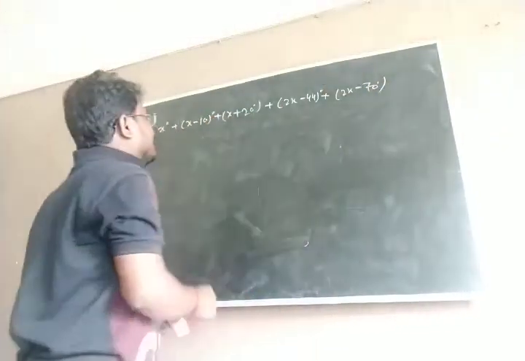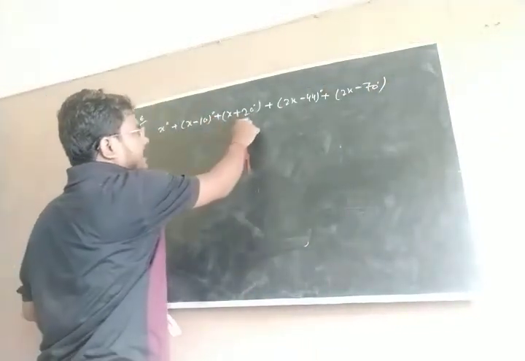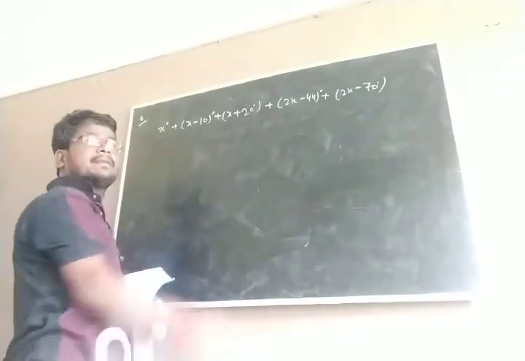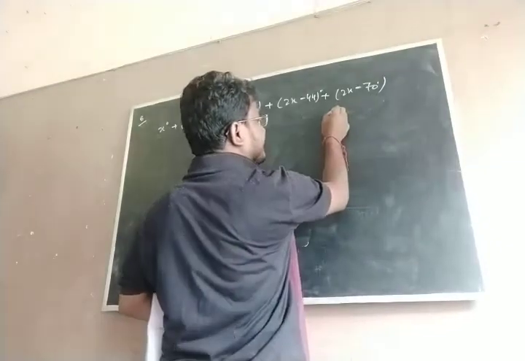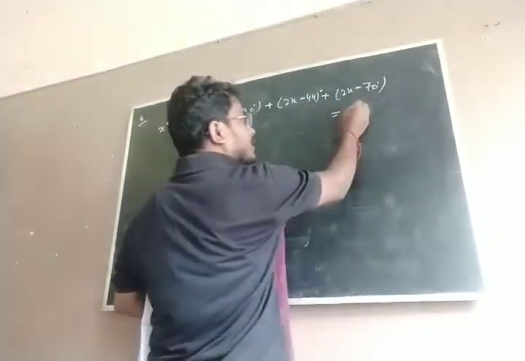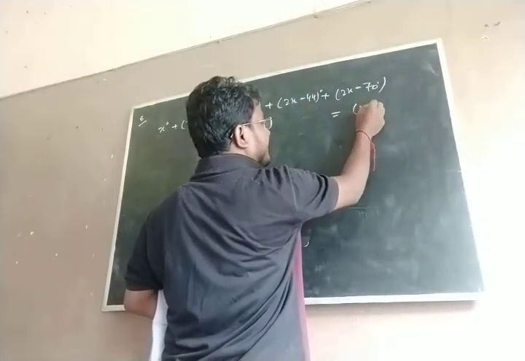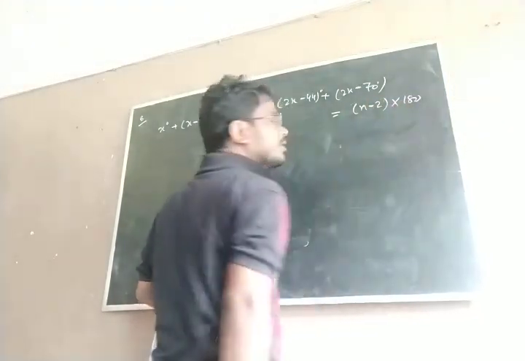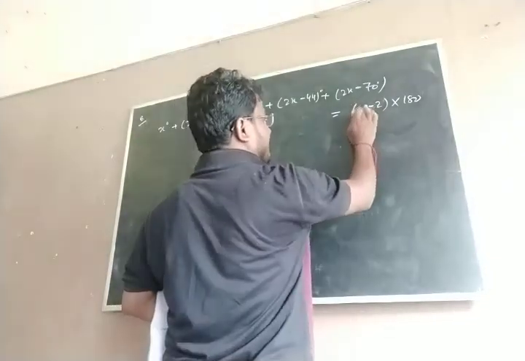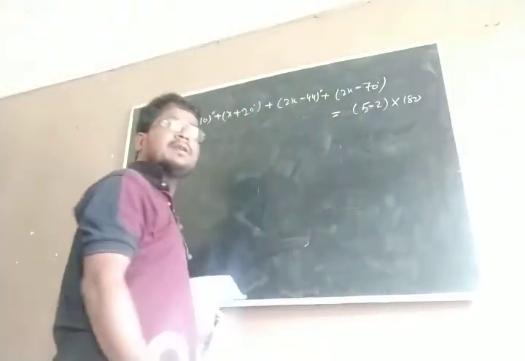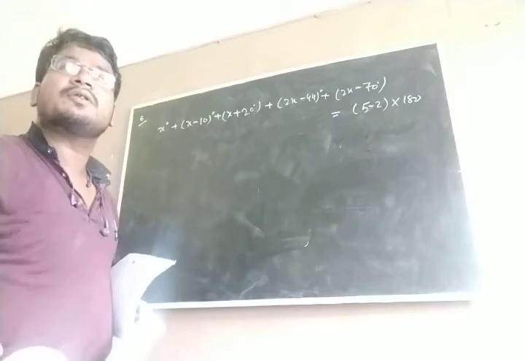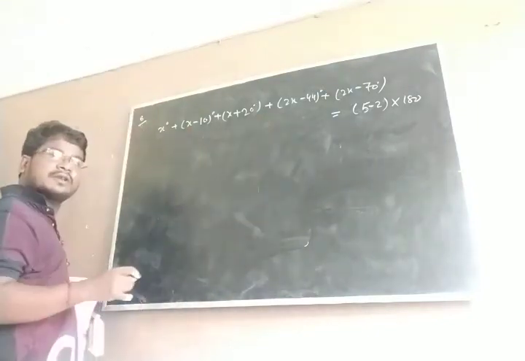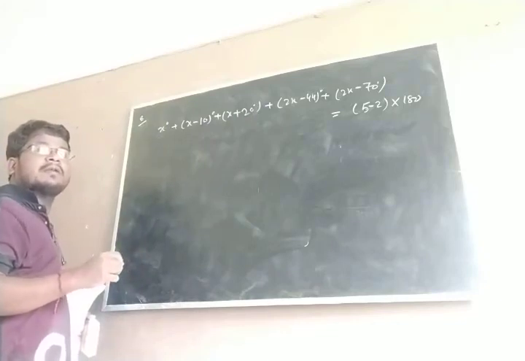Now how to see? These are the interior angles: first, second, third, fourth, fifth, 5 angles, and I just add them. Then we get the total angles. The total angles formula is (n minus 2) into 180 degrees. In place of n, we put 5. Why? It is a pentagon. Now this is an equation. From this equation you have to find the value of x.